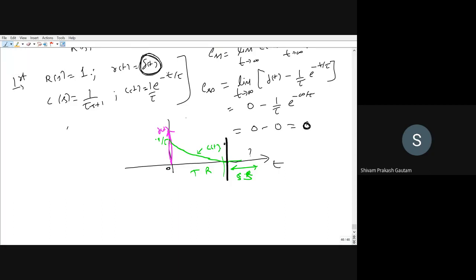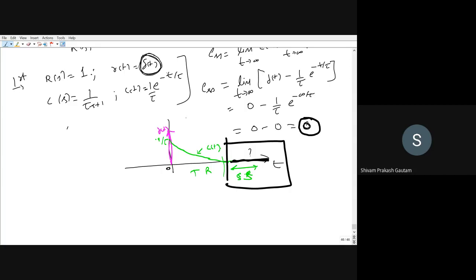You can see in this part, after the transient state is over, both our input and our output are 0. So that is why we are getting steady state error as 0, right? We will have such cases where there are some differences between input and output. We will see one by one.